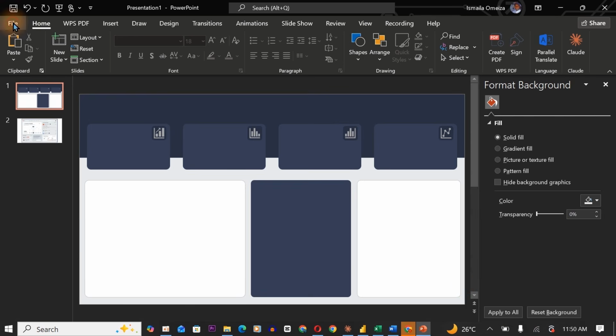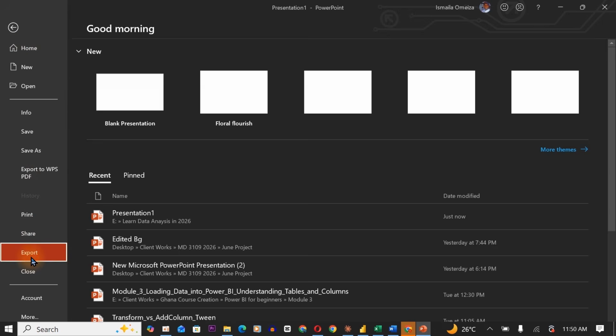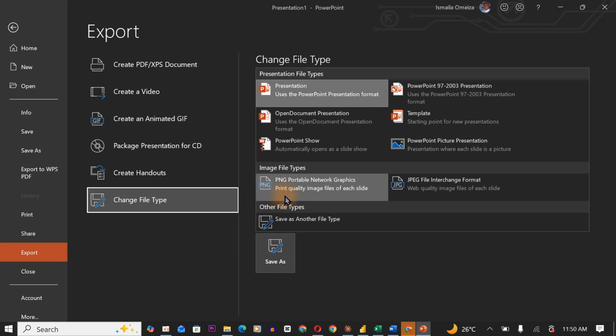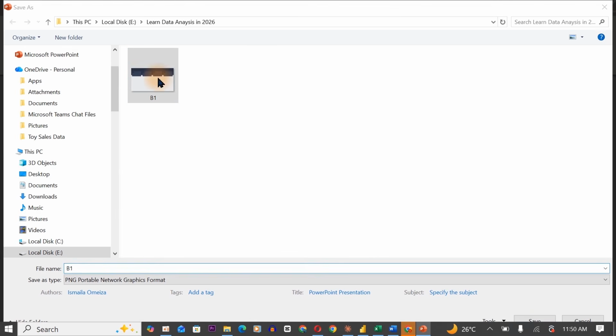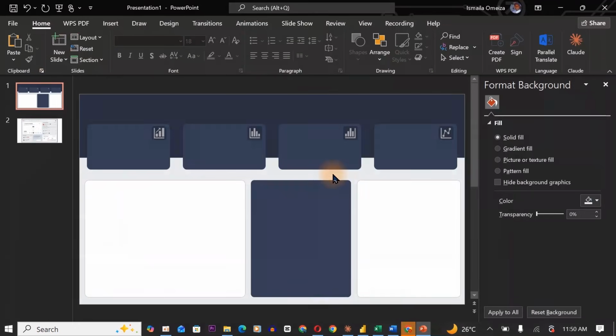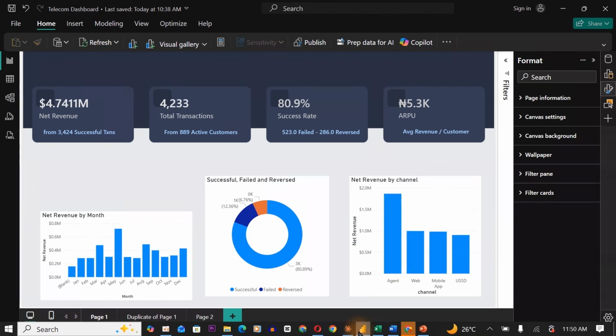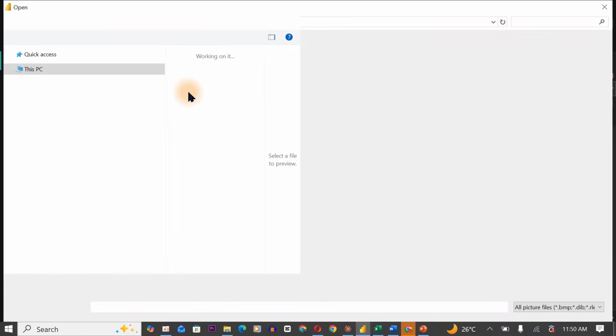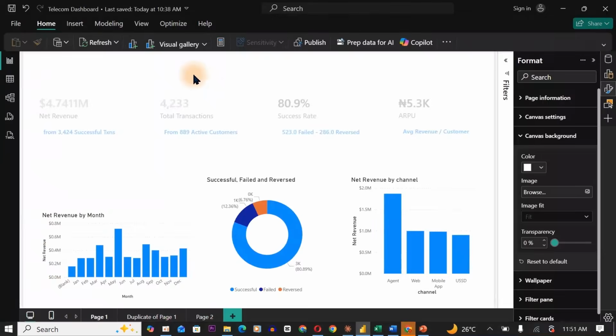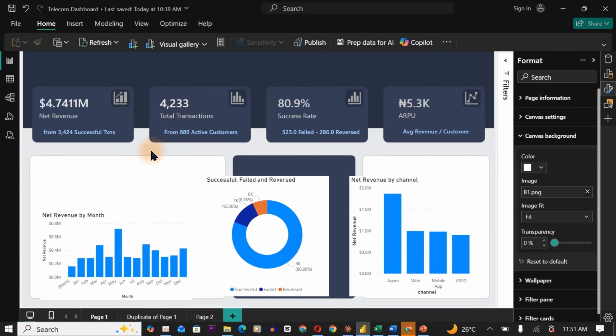So now we have to re-export this out. Click on export, click over here, then select the same PNG, and we go back to where it is. So over here, we click on OK, just this one. Once we have done that, we head back up to here, and now we have to bring in the new one. So click over here and select this one, and let's go ahead and bring it in. So once we have this here now,